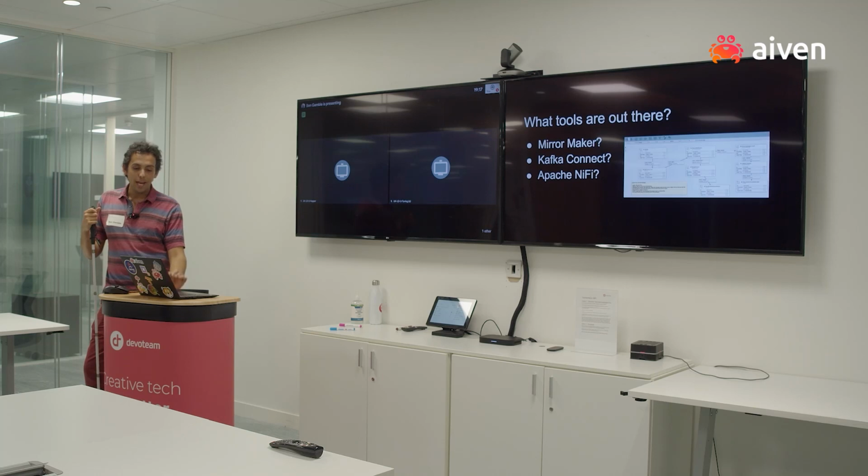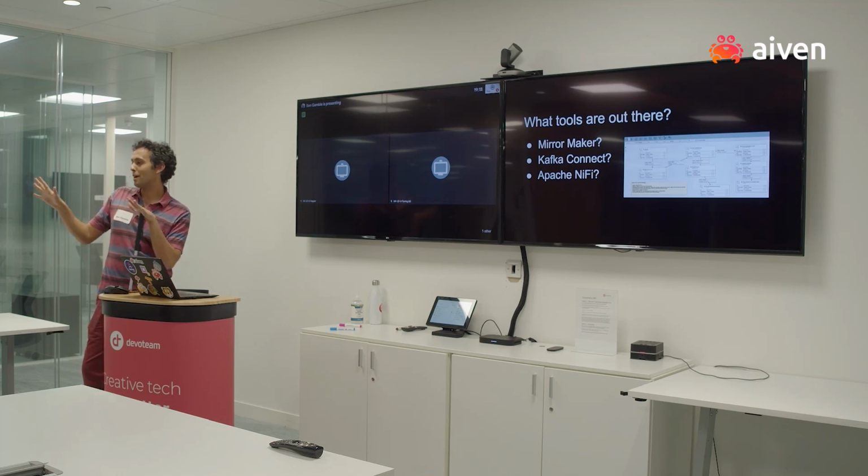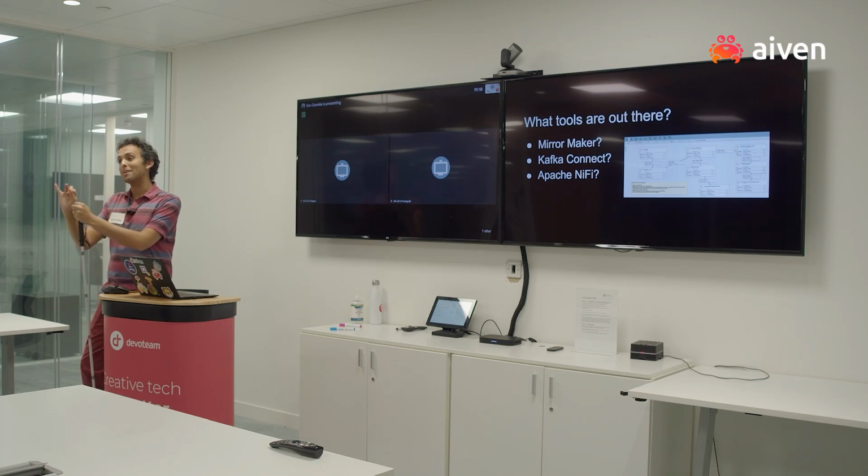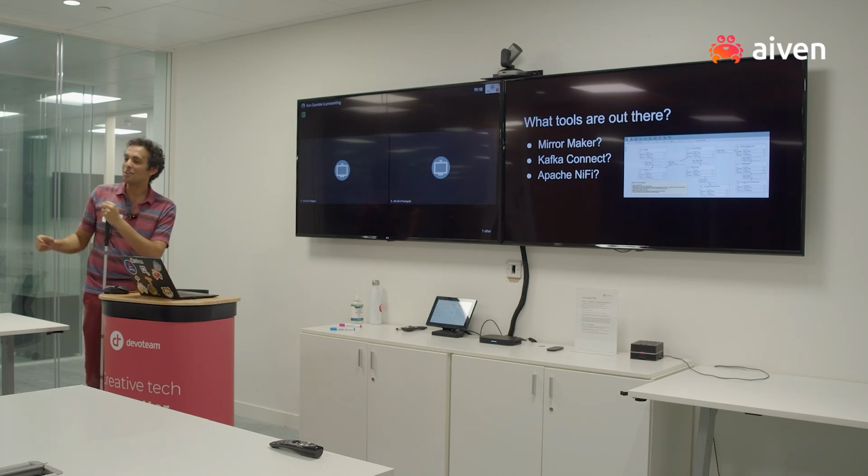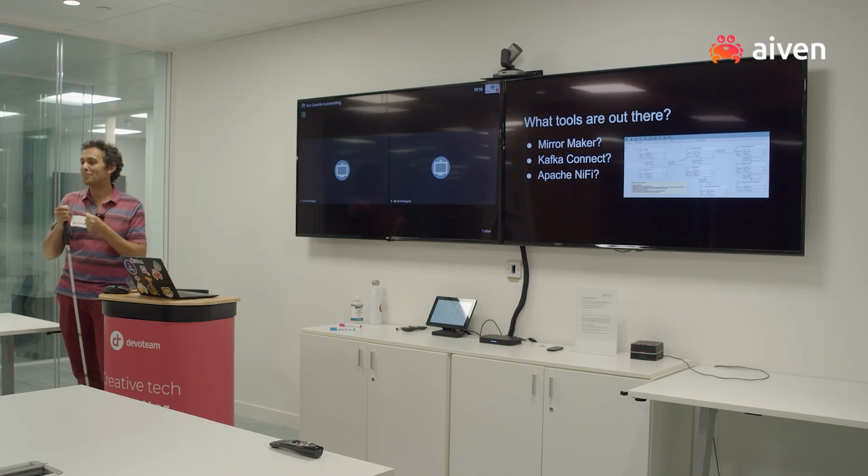We have NiFi. Who here has heard of NiFi by a show of hands? A couple of people. Who here knew it came from the NSA? One person. So it was open sourced by the NSA, which of course makes it automatically way too interesting. So I may have